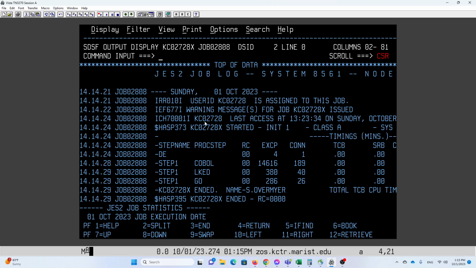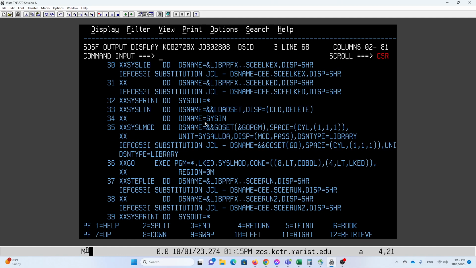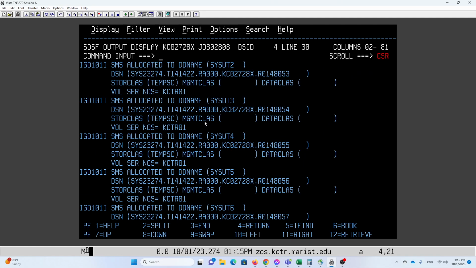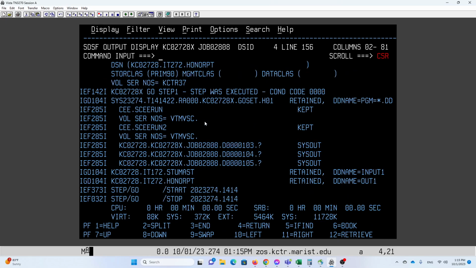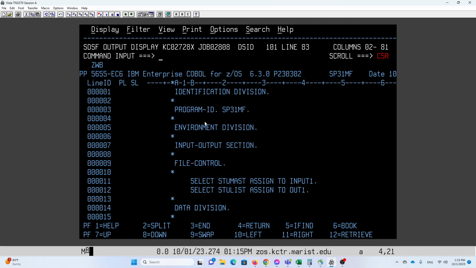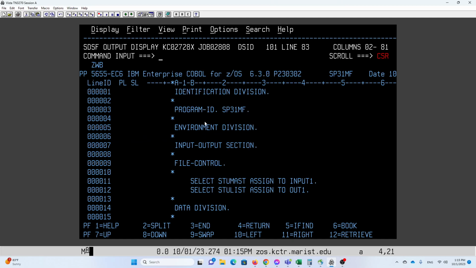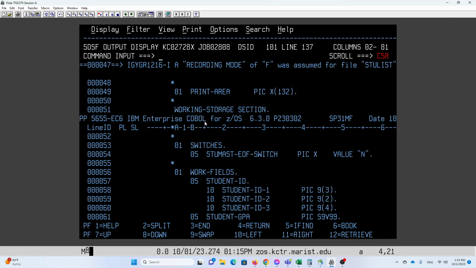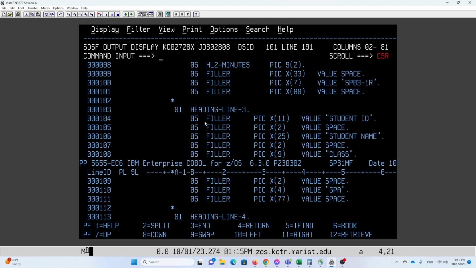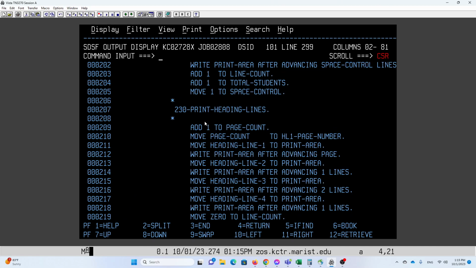And if I have errors, this is where I'll look for them. I'll look for them all through this file, and I can page down and down and down and down. Where the compile errors start is at the end of this list of parameters that the compiler is using, and there is my COBOL program. I can go down, I can look for errors, and there aren't any errors because my COBOL program is perfect. Anyway,